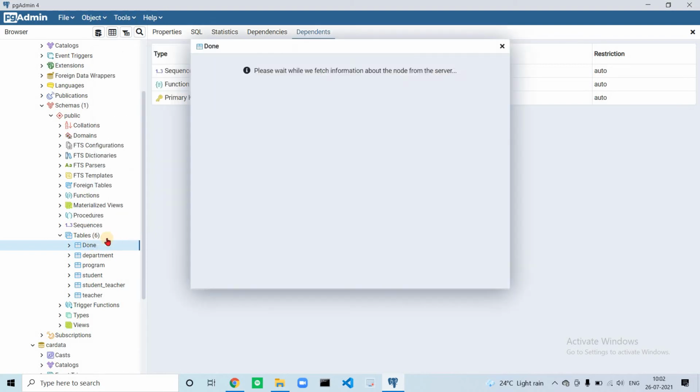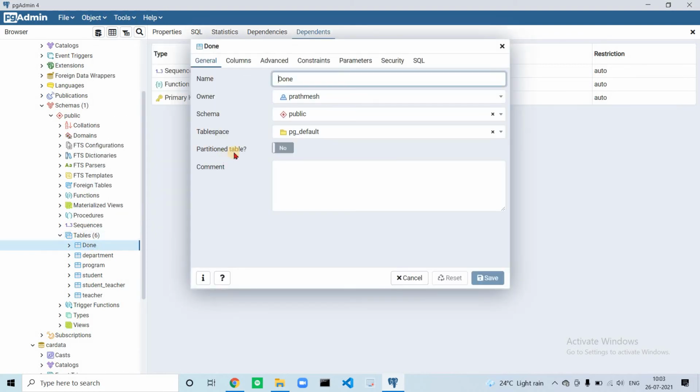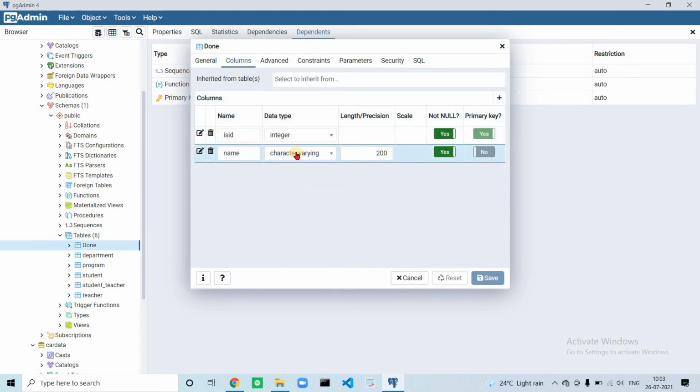Let's open the properties panel. Inside this, if we don't need this character varying data type, we can switch to char. We can switch this data type to char.